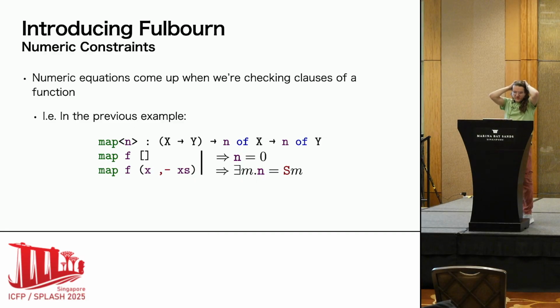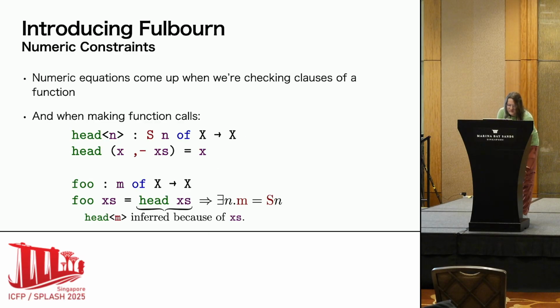Right, and we're interested in equation solving for a couple of reasons. When we want to type check functions like this, we look at the clauses so that we can check that the patterns make sense against the number arguments that we expect, and we can create refined number variables to use on the right-hand side. For example, if we use the nil pattern, then n must be 0. If we use cons, n must be a successor, which we write as a big red S.